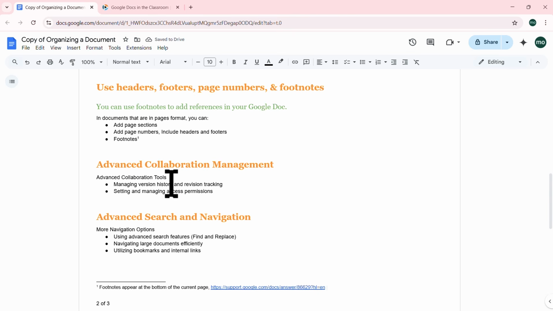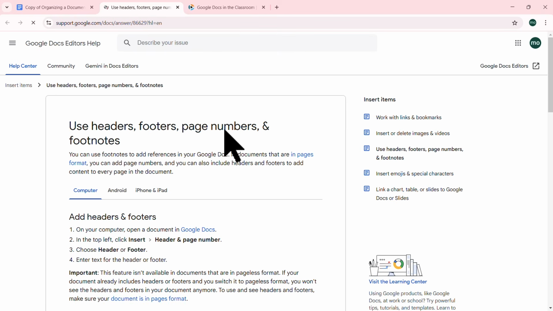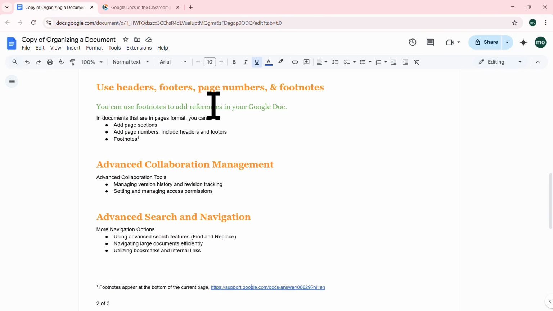So a great way just to call attention to something. So I'm explaining what a footnote is, and here's the context. I can click on this article, and this will open up the support article regarding footnotes. So pretty cool. Well, that's a good first step, but